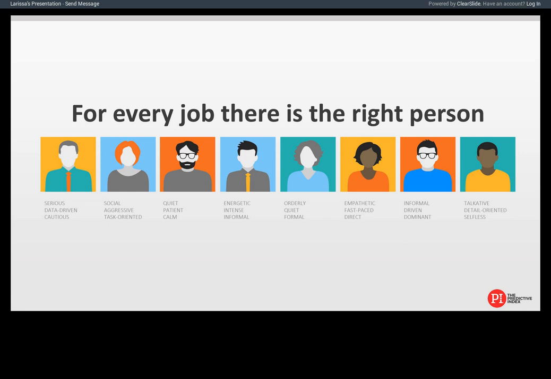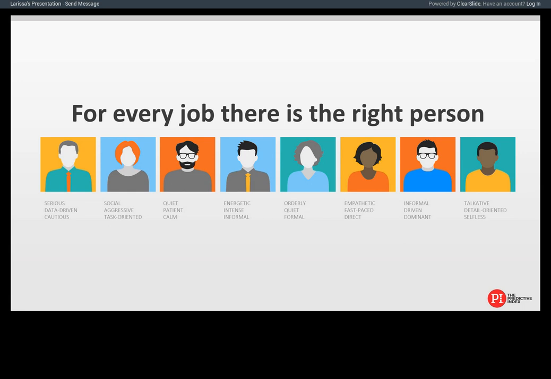It's that old saying, I think from Einstein, that if you measure a fish on his ability to ride a bicycle, he'll fail every time. That's really what we're doing with these job assessments. It's about getting the right benchmark to measure a person against, not only in hiring, but later down the line as we get into coaching and managing as well. That's why it's really important to get the right fit.